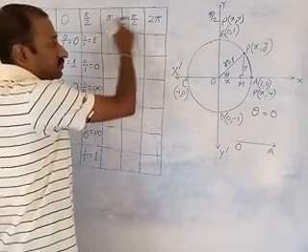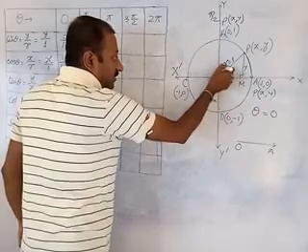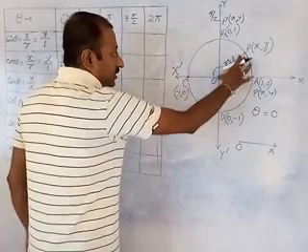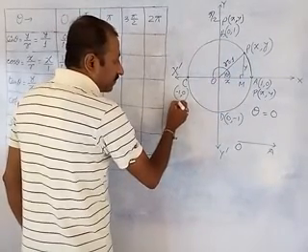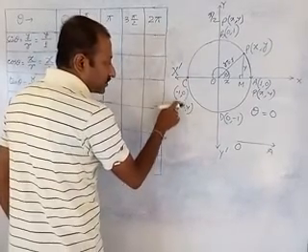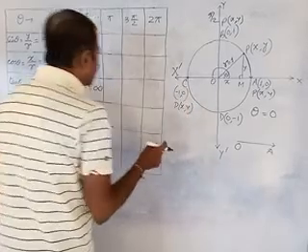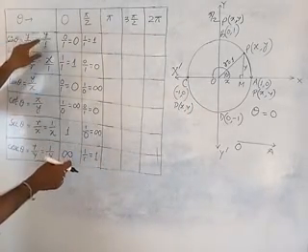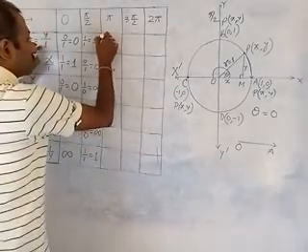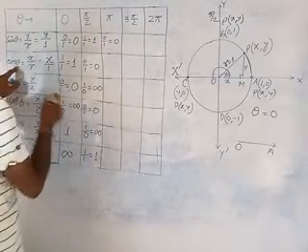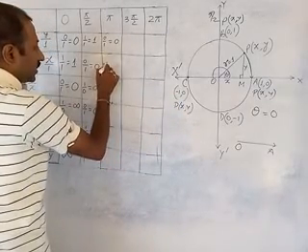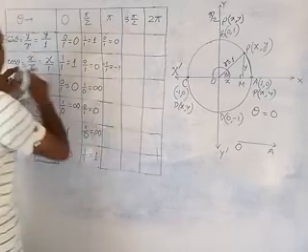If the angle is pi, that means the half circle, the semicircle, the rotation goes from here to here. Then P will coincide with the point C. Then the value of x is -1 and y is 0. So here sin theta is y by 1. The value of y is 0, so 0 by 1 equals 0. In case of cos, it is x by 1. The value of x is minus 1, so minus 1 by 1 equals minus 1. So cos pi is minus 1.